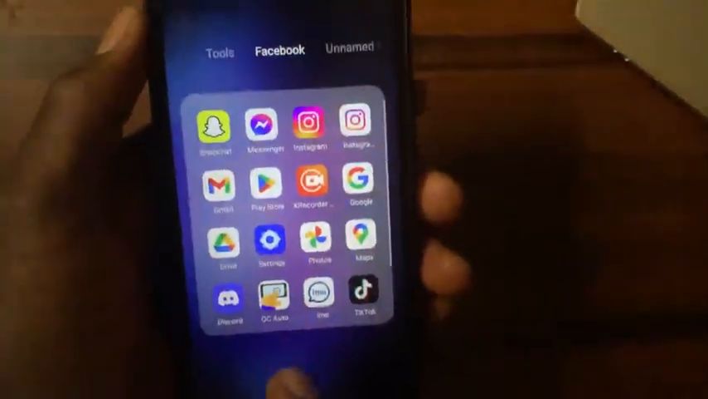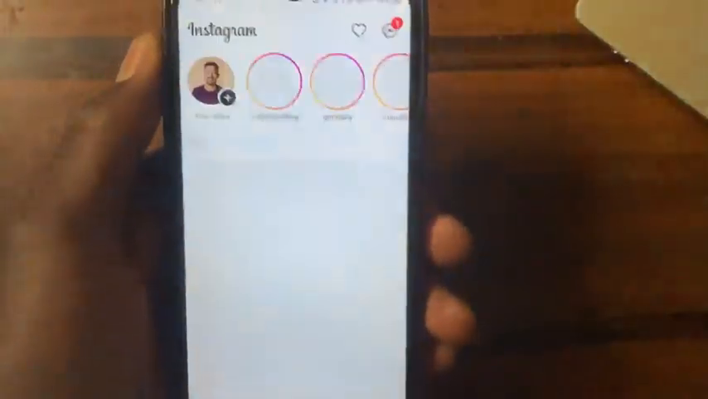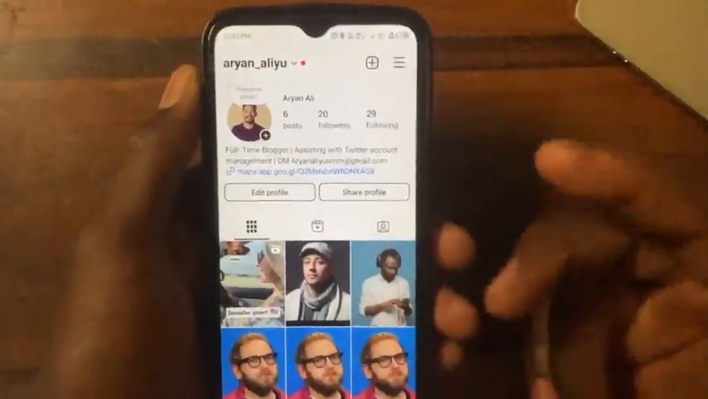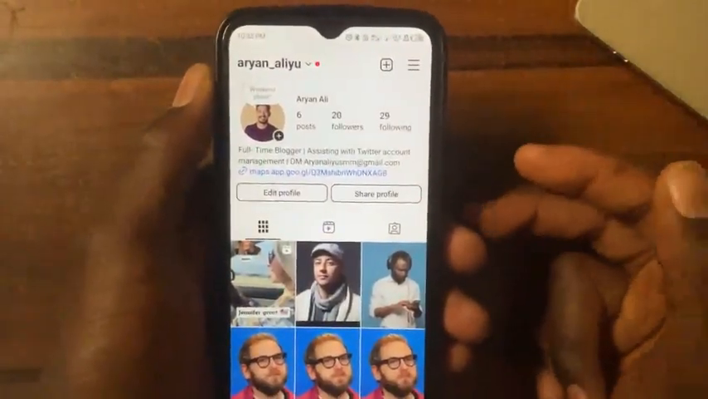After you finish updating your Instagram, now go and open your Instagram. After you open your Instagram like this, now go to your profile. After you come to your profile like this, now, so the second method to fix this problem is now, most